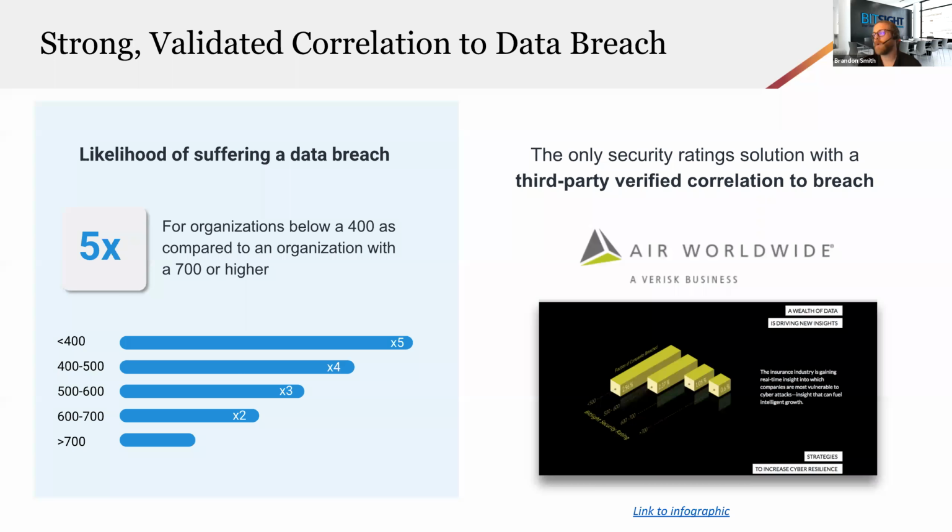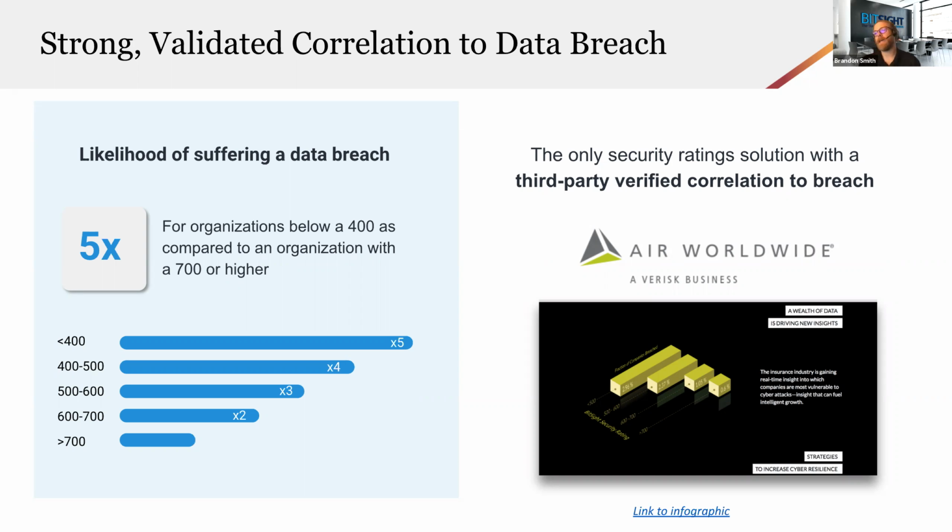breach. So we had 2 outside third parties come in and validate our data, the things that we were measuring, and really do an examination to make sure that we had a good idea as far as being able to illustrate risk present within an organization. Well, do we really? So we had 2 third parties, Advisen and AIR Worldwide, come in and take a look